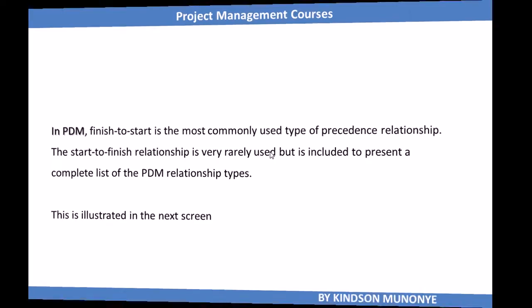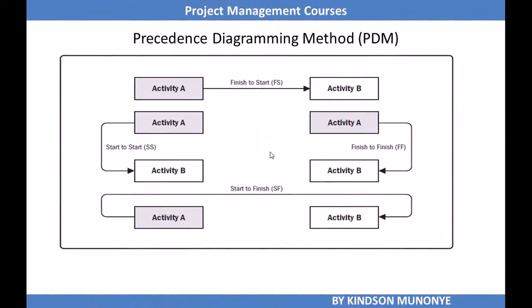So PDM is illustrated here, as you can see. We have the relationship between activity A and activity B. And the first one,